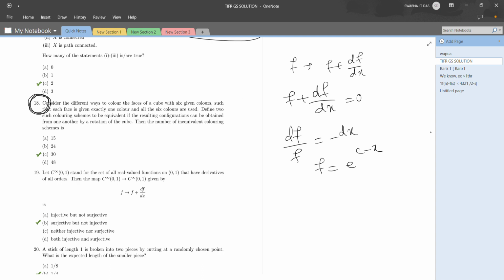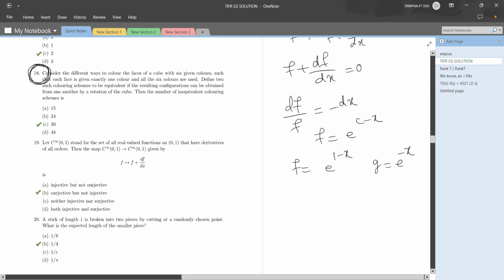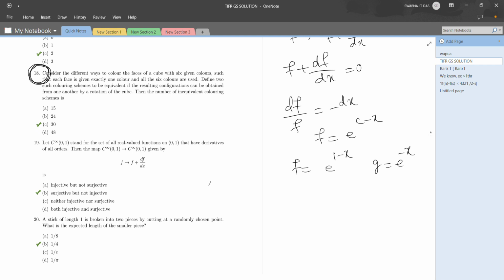You will get f equal to e^(c - x), where c is some constant. So in particular, if you choose f equal to e^(1 - x) and g equal to e^(-x), both go to 0, but they are different functions, so injectivity doesn't hold. But surjectivity follows from the existence of solution from ODE, that if you have a C infinity function,